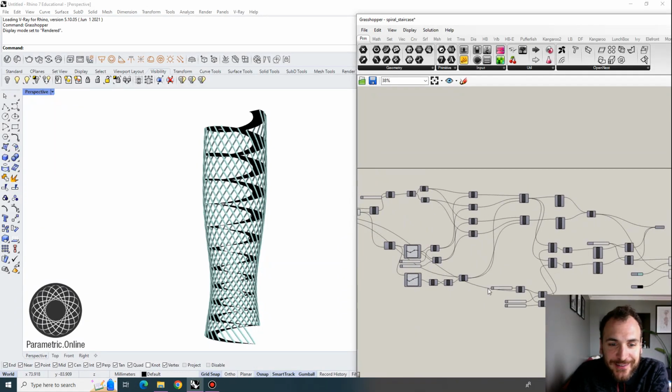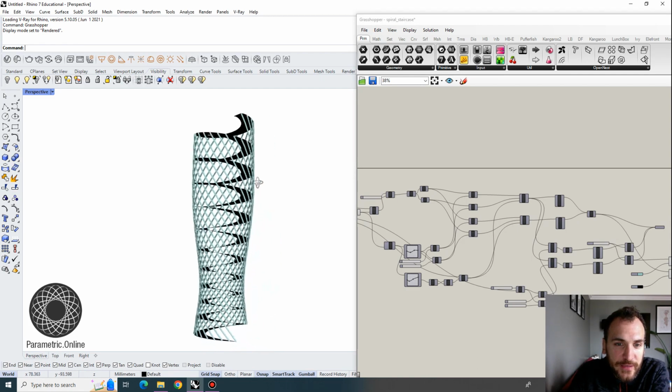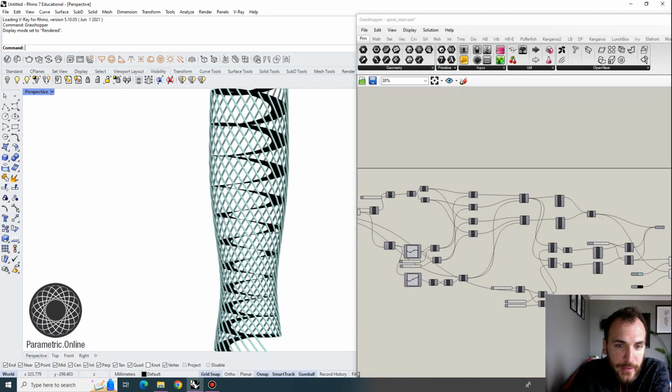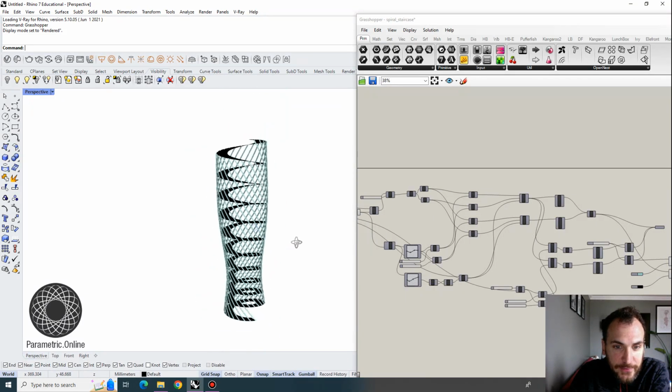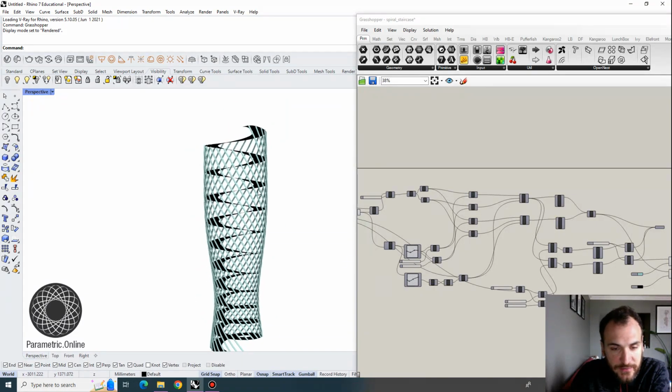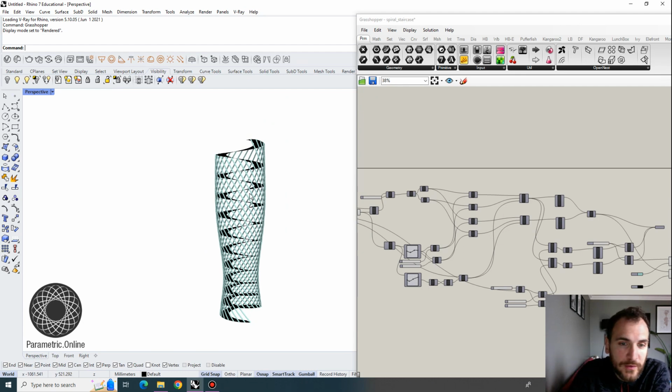Hi everyone, it's been a while since I shot a Grasshopper video for you, so I prepared this exercise file today where we're going to look at a spiraling ramp and a diagrid type of structural connectivity between the ramp